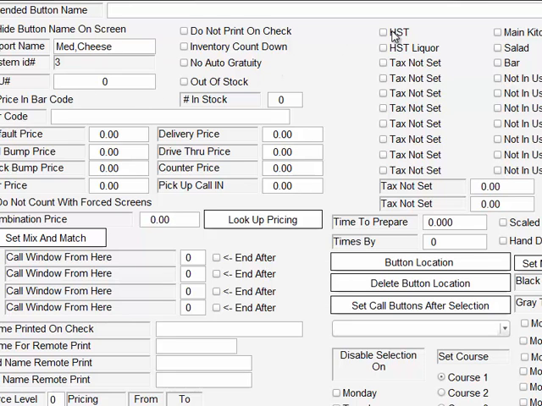We will then select the tax and where it prints. Enter in the default price, which is $8.99. Then for our pricing on our toppings, we are going to use a lookup chart. So we'll click on lookup pricing,